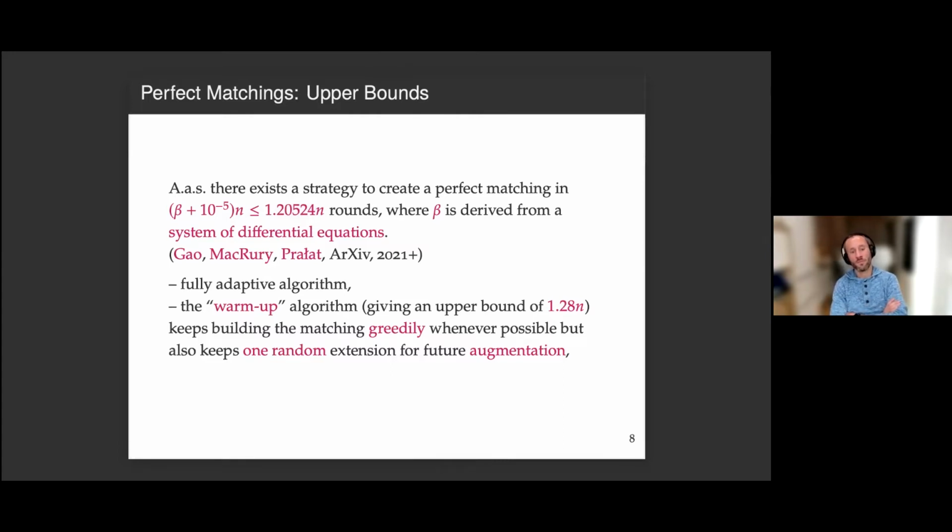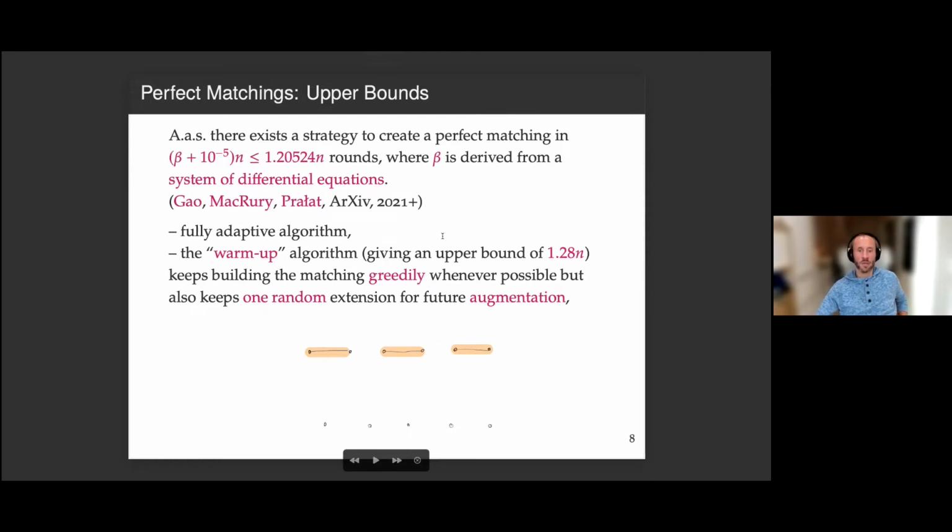Maybe just to warm up, I can give you something slightly weaker, but probably easier to understand. And then maybe mention how we can actually squeeze this 1.2 out of this algorithm. So what do we do? We have, I don't know if I have a cartoon. Yes, I do. So we keep constructing the matching greedily. So at some point I have a matching like this. But then what do I want to keep track of on top of it? I want to keep track of potential